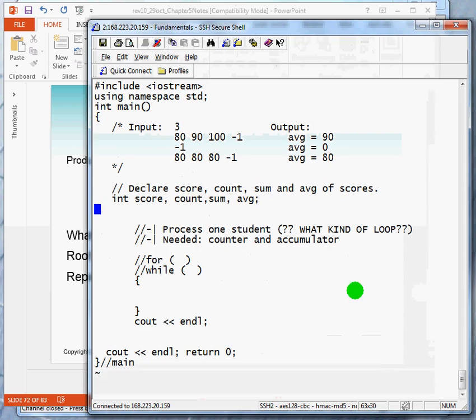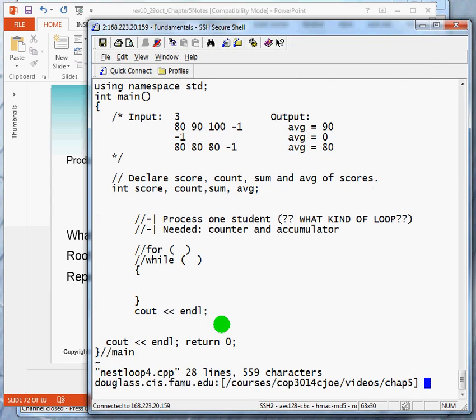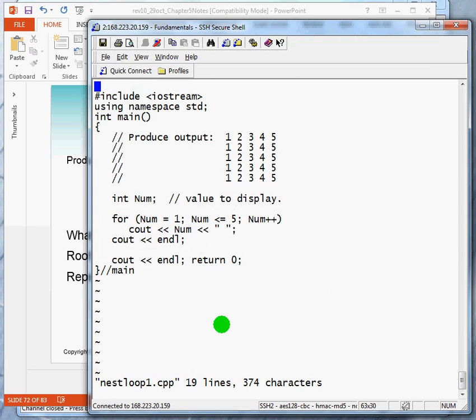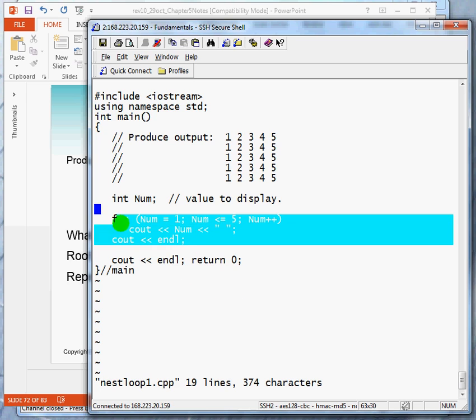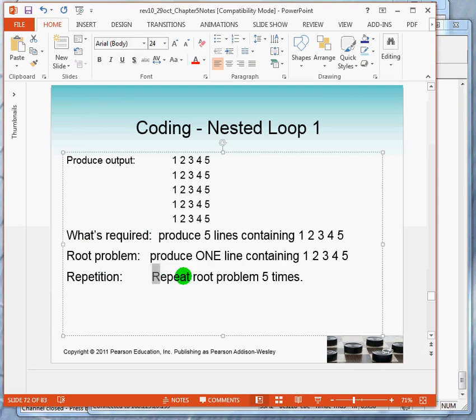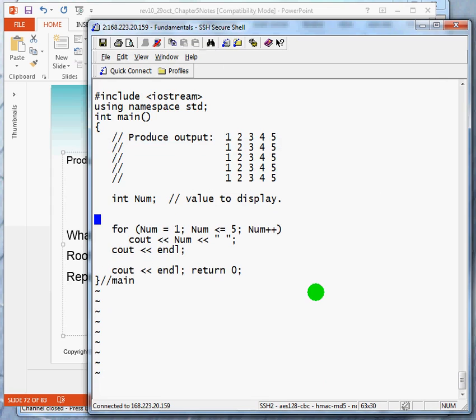So let's take a look at some code that will do that. What we see written here, this loop, is really the code that produces one line. So what do we have to do? We basically have to do what we said here. Repeat the root problem 5 times. So here is the root problem. So we would need to repeat it 5 times. We do that